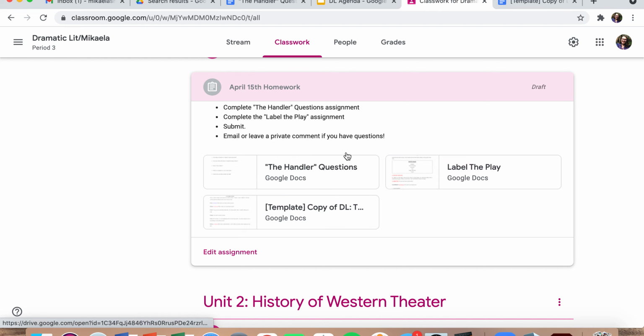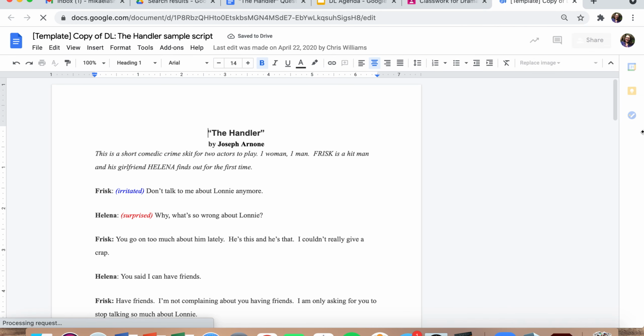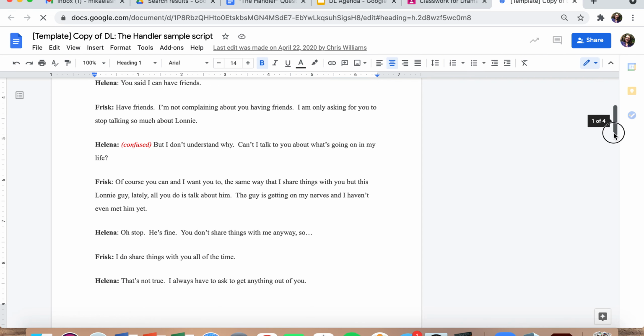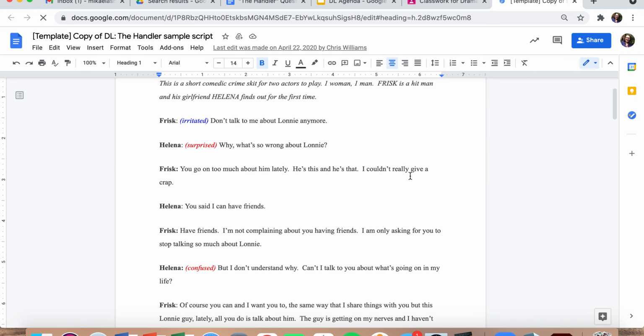There's 3 things here. The Handler is this one. If you click it and pull it up, it's a pretty short play. I think, yep, it's 4 pages. So you'll read these 4 pages,